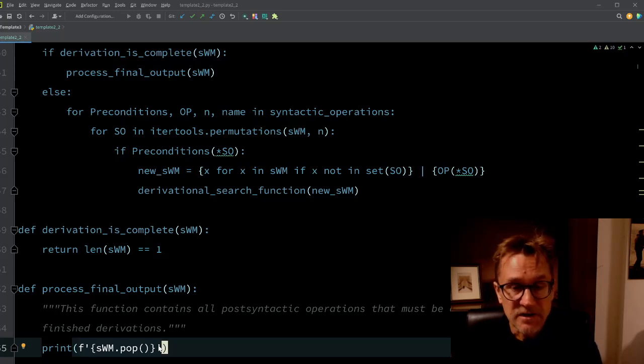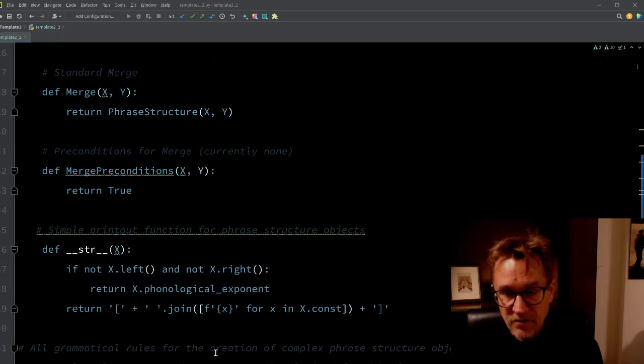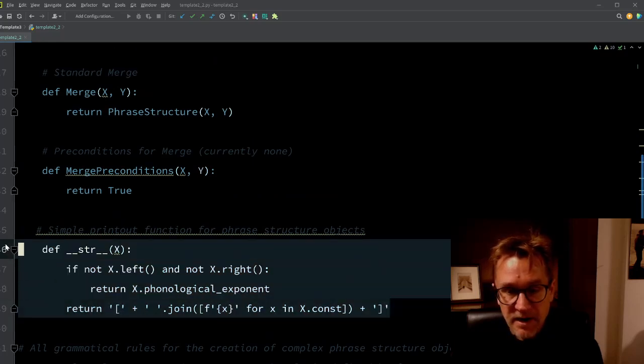If you don't have this function, the script will run and it will do everything, but you just don't see any output. So that's why we want to print. We want to print the sentences that come out. And let me just quickly show what the print is doing. So printing in Python,